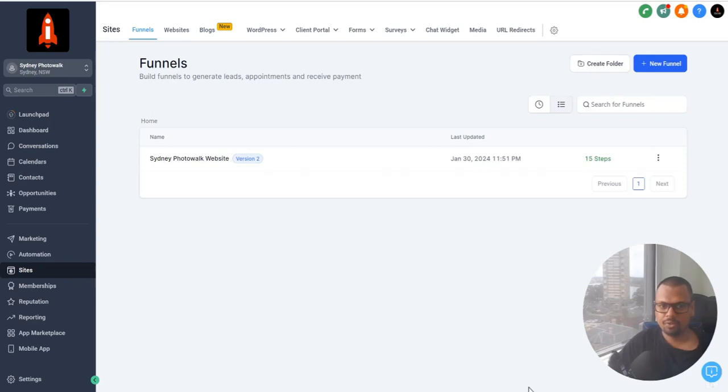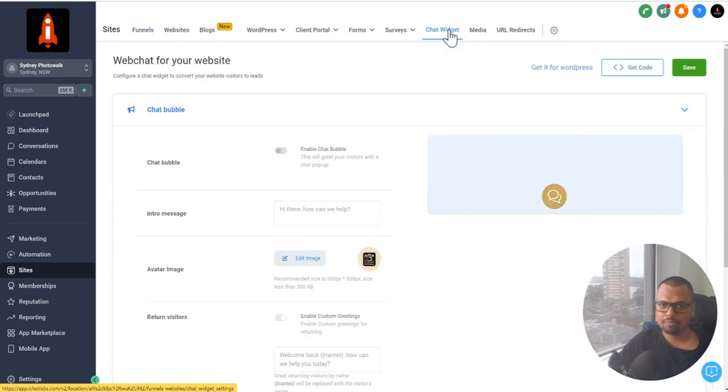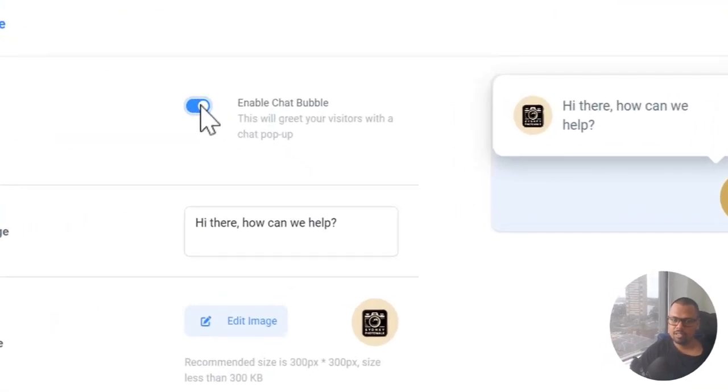In this video, I'm going to show you everything you need to know about chat widget on Go Highlevel. So first of all, we go to Sites and Chat Widget to enable this feature. By default, it will be disabled. When you click Enable Chat Bubble, that's when a chat bubble is enabled on your website if it is built